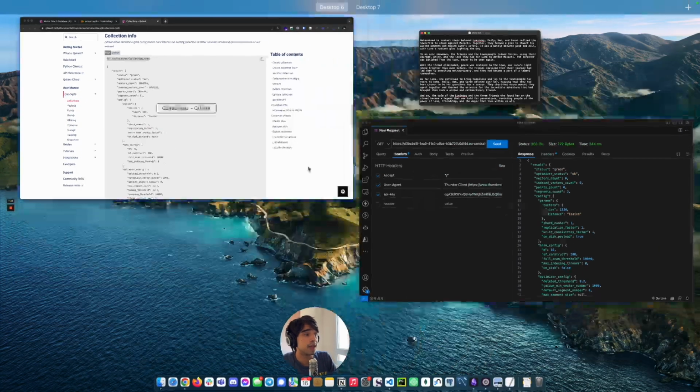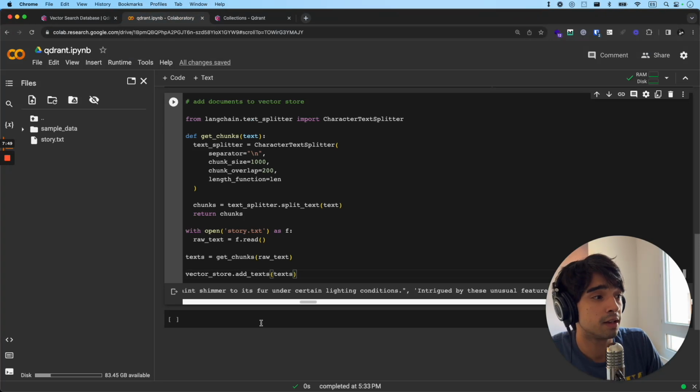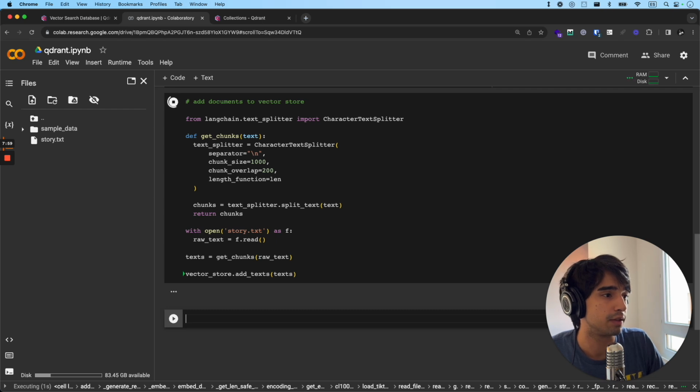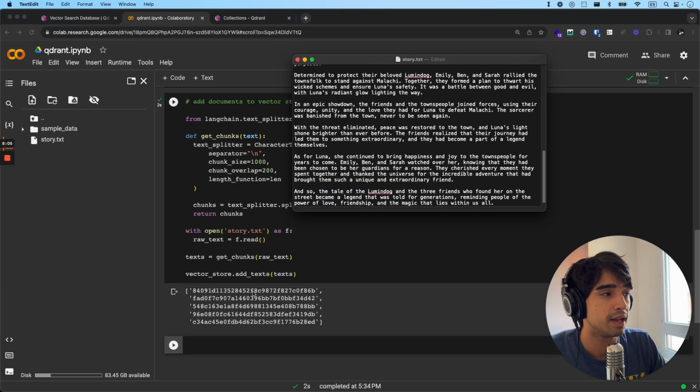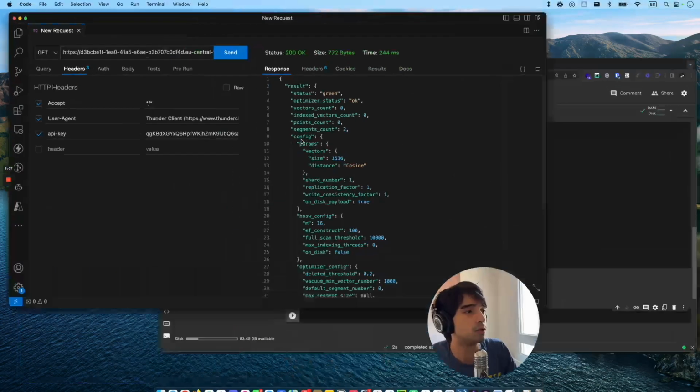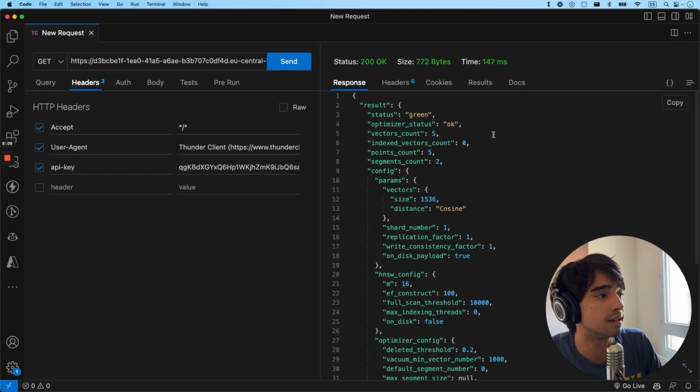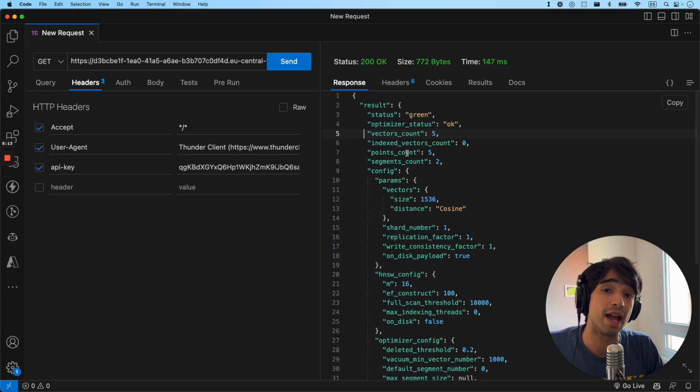But now, after I run this vector store add texts, this is going to add those vectors to my collection. So now let's see how that works. If I run this and I don't have any errors, there you go. Now my vectors have been added to my vector store. If I go back here and send this again, you can see that my vector count is now 5 because they have been added to my vector